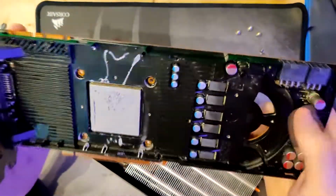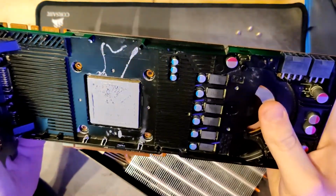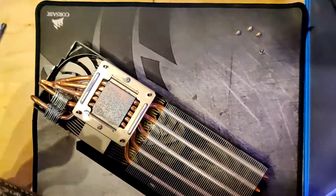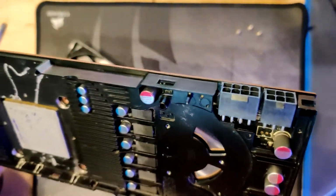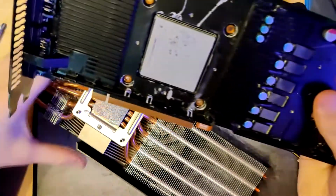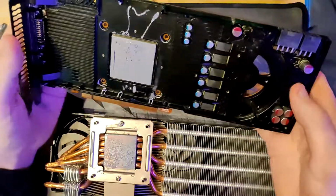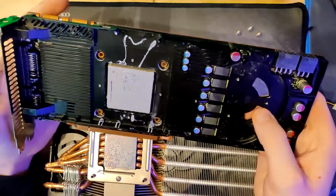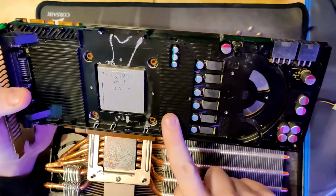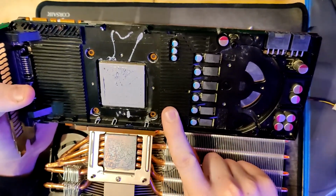And this base plate gets very, very hot. It gets so hot you can't touch it. You will probably burn yourself if you touch it for long enough. So this custom cooler now fits the GTX 480, and with this extra cooling, it will probably improve VRAM overclocking, because